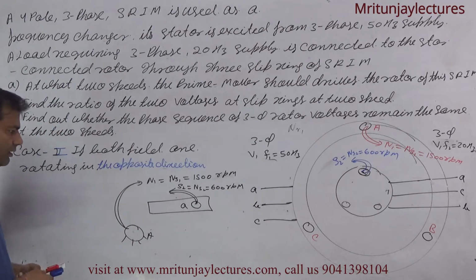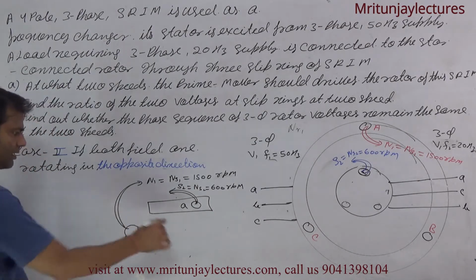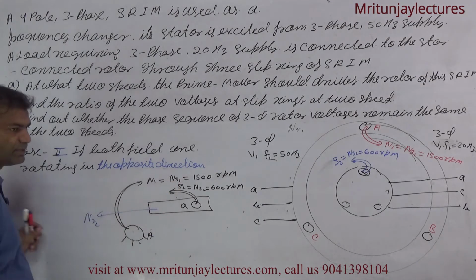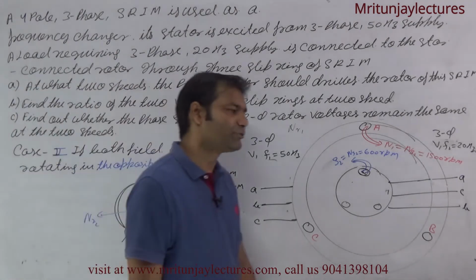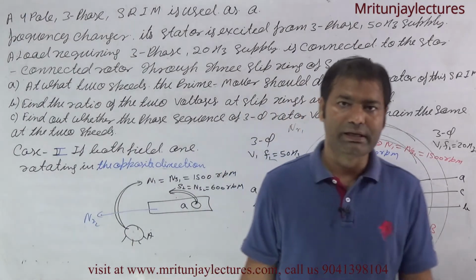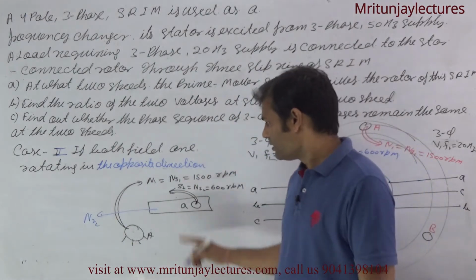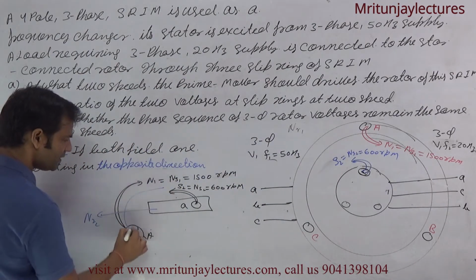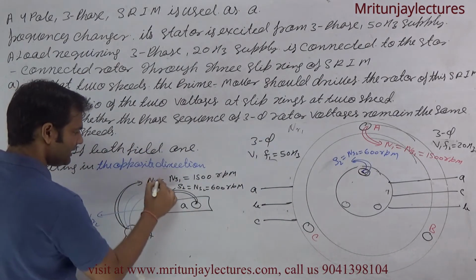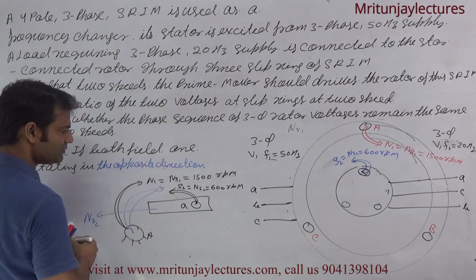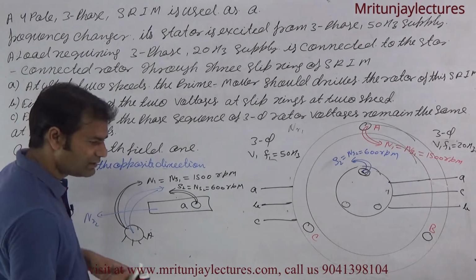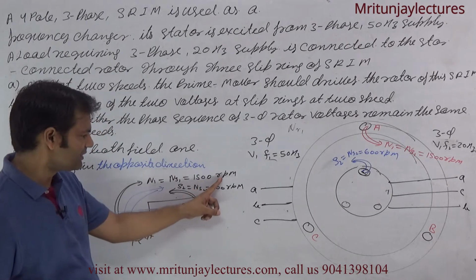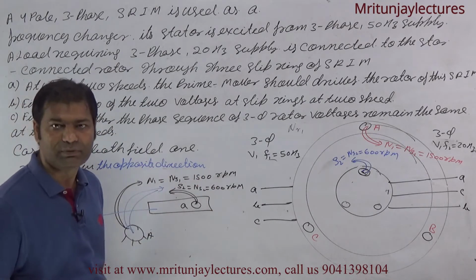Now rotor, if the rotor rotates like this one, it never catches up speed, because of the continuous electromagnetic torque NS1. And if you sit on here, this one is also NS2, and NS2 also rotates in the direction of the stator field, which has a speed of 1500 rpm.